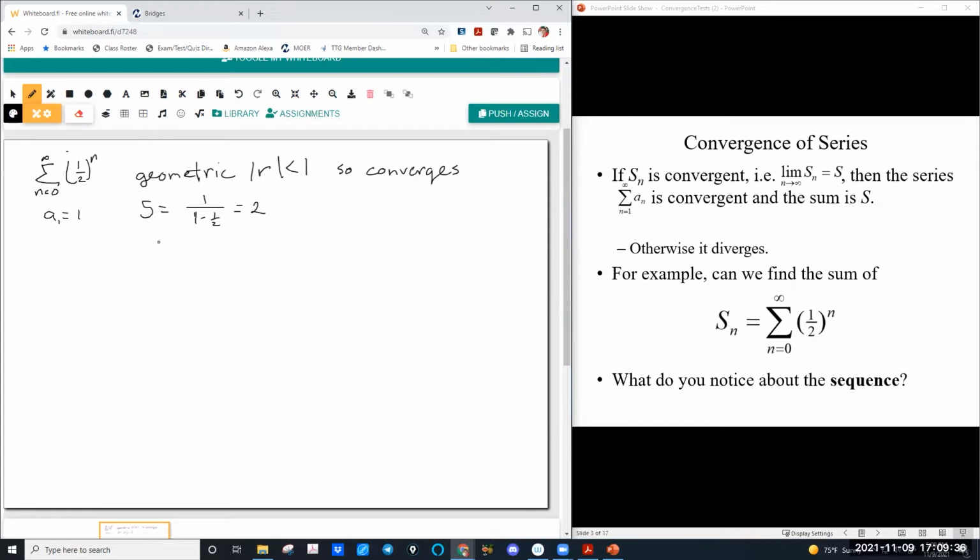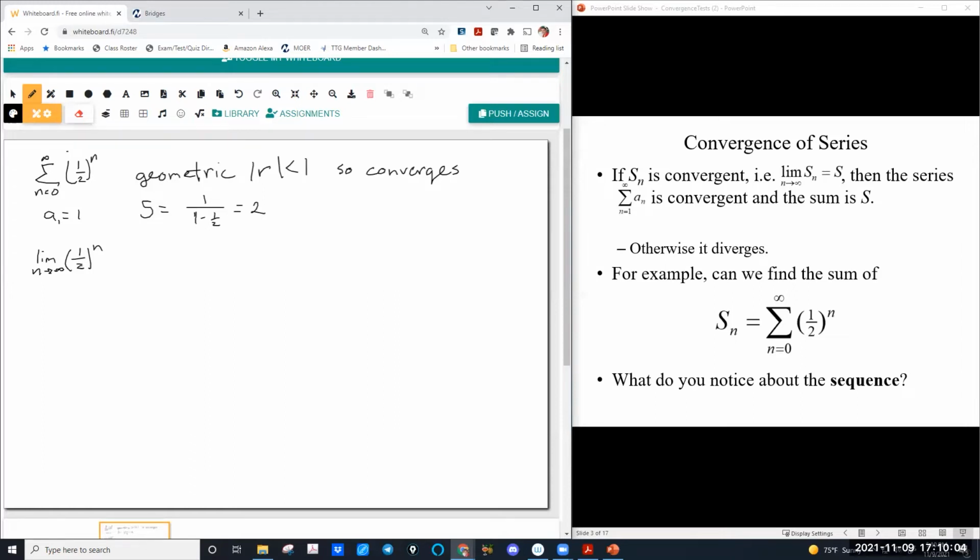Now, there's something very important going on with the sequence. The sequence is just 1/2 to the n. And this is a very important part of these series. We need to have these series converge. Well, the limit of the sequence as n goes to infinity,